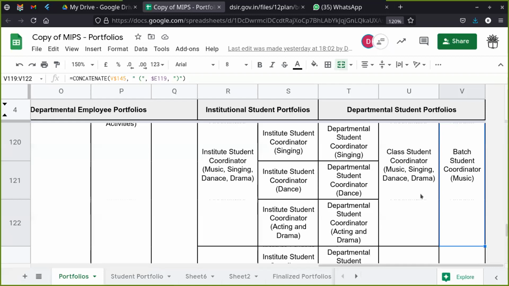And here again at the institute level, we should have a manageable number of students, a manageable number of ministers, and here we still have 23 ministers and